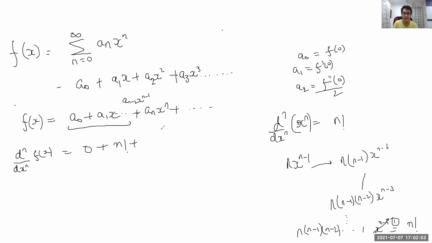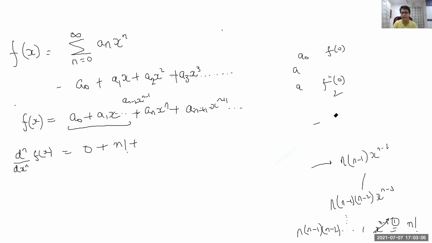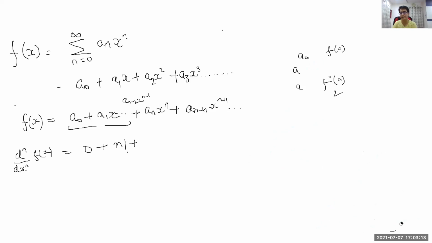And now again for a n plus 1 x power n plus 1, and you keep going on. What's going to happen for this is, after you differentiate it n times, you just subtract n from the power. That's going to be your final exponent, the power of x. So if you differentiate n times, you'll get some constant c0 times x. And the same thing for x power n plus 2, you'll get some constant c1 times x square, and you can just keep going on like this.